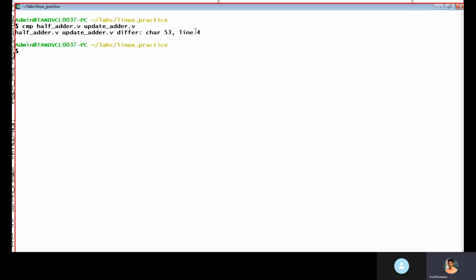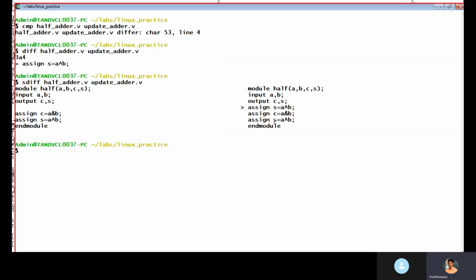Then we have the diff keyword to identify the difference between two files. This is half adder and this is updated adder. This line is the difference. If we compare these two files, this line I added additionally, so it will give that line. So if we give diff, it will point out that line. Two files are displayed here, and it will point out which line is additionally there. So with the help of this one, and we have